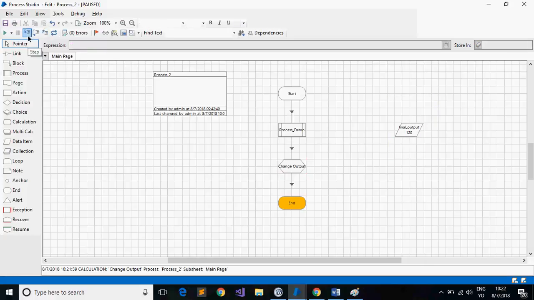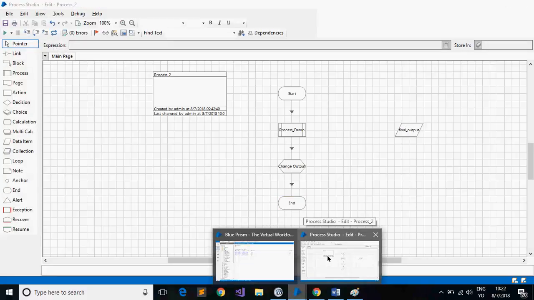So if you use step in, you will be able to understand what is happening behind the scene. This will help you understand if there is any error. So let me reset it. If, for example, you are not sure,